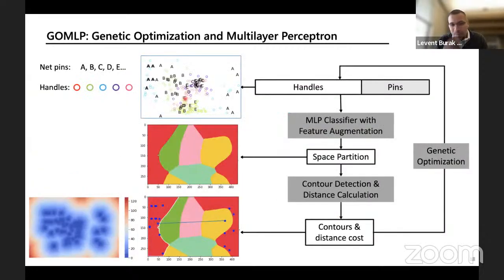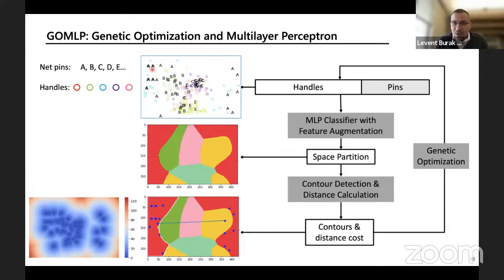I think you can all appreciate that there are many ways of approaching this, but the way that we have taken after trying and failing on a few others is the notion of using handles as free and movable, evolvable handles or parameters that can shape a power plane, a board. Basically, what we have is a set of pins, in this case lettered as A, B, C, D, each letter belonging to a particular net.